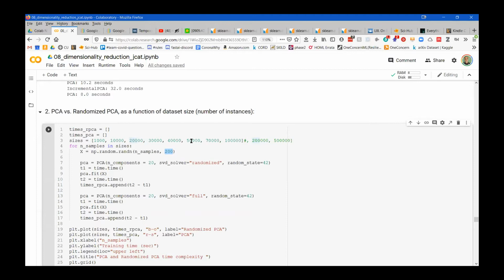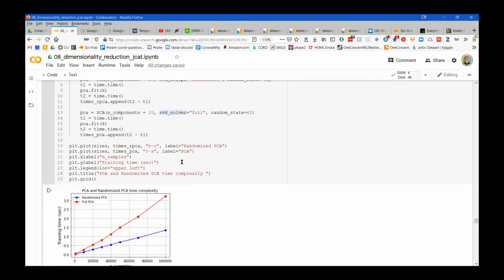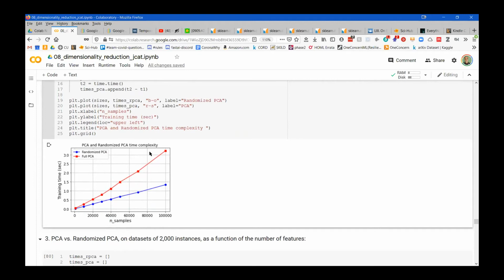So I increased the number of features to 200. And what we're doing here is just generating random data sets, just Gaussian random variables. So when I reran it, you do find a significant advantage for randomized PCA,